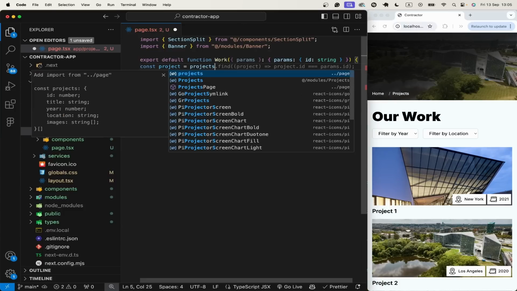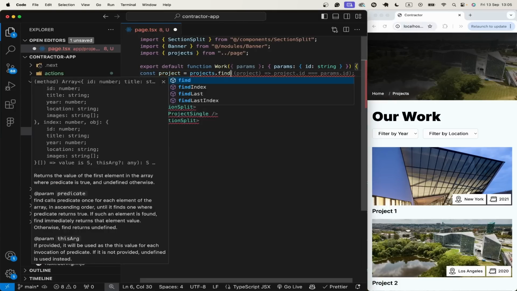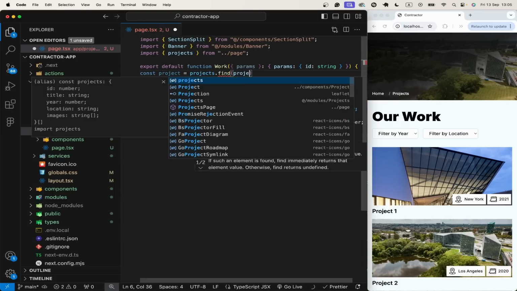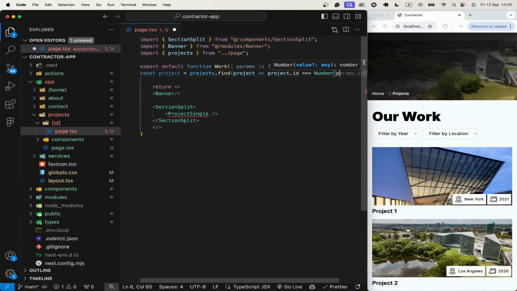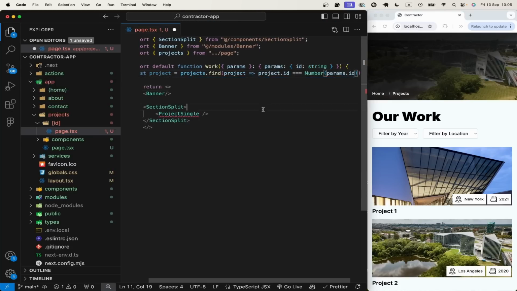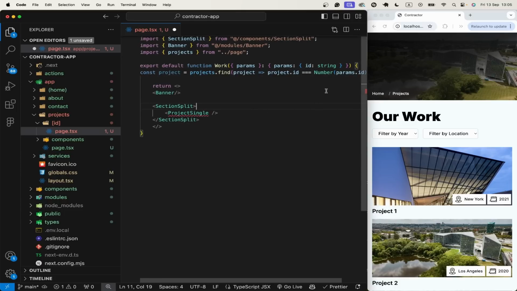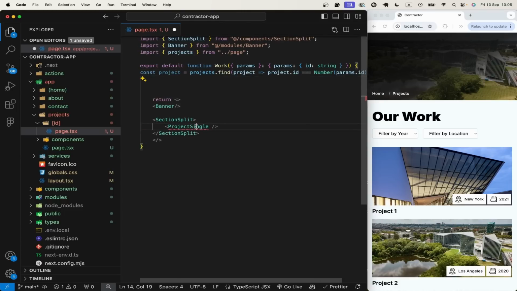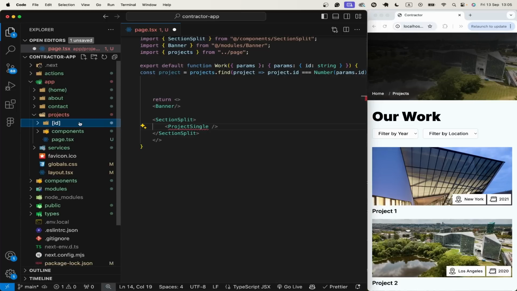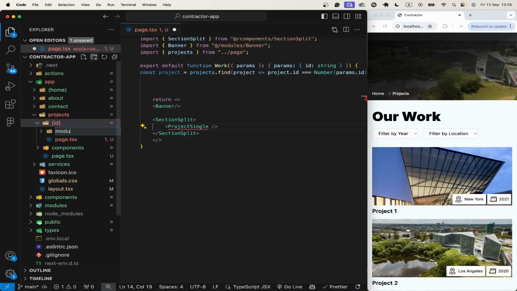So I will map projects and then use find. Then take project here and check if project ID is equal to number params ID. So in this way we'll have the project, and now we can go and create this section, create modules,